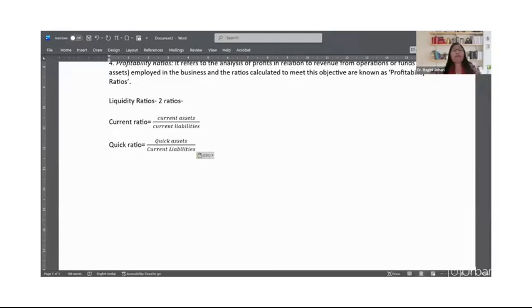Now, what are current assets? Students, you would have seen the balance sheet. On the asset side, we have non-current assets and current assets. Current assets are those assets which are going to be realized by the company in the short run, that is within 1 year. So this includes the current investments, inventories, trade receivables, cash and cash equivalents, short-term loans and advances, and other current assets such as prepaid expenses, advance tax, accrued income,